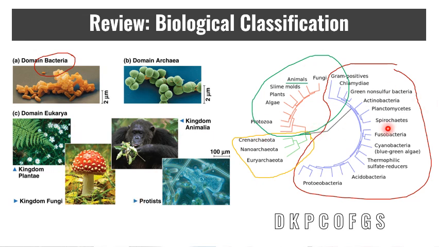Within those domains, it really depends upon which system of classification you are using. We're going to be using a very simple one. For domain Bacteria, there is one kingdom that you are expected to know, and that is kingdom Eubacteria. The prefix eu means true, so these are the true bacteria, all these ones over here. Domain Archaea has one kingdom that you're expected to know. Okay, domain Archaea has one kingdom, kingdom Archaebacteria. Just put the two words